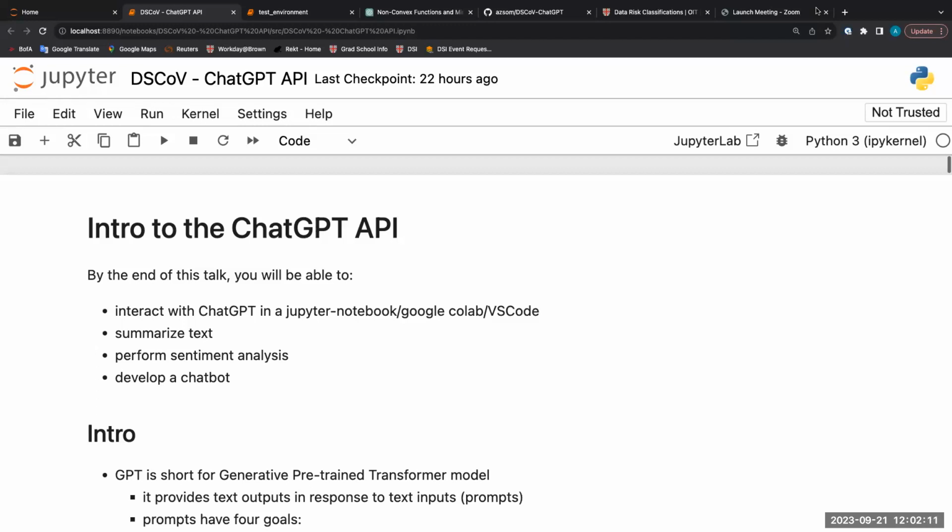Hi. I used to work at CTV, and then I moved over to DSI, so my office is just one floor down. I manage the data science master's program at Brown, and I also teach two of the mandatory courses for the DSI students. And as a hobby, I play around with ChatGPT, and this is what I will be talking about today.